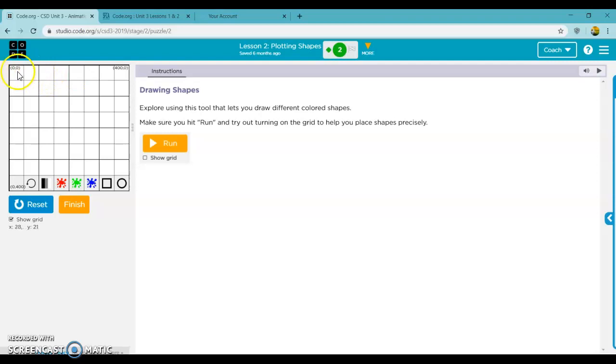Okay, so you can see here that if I start at the corner, that is 0, 0. All right, as I move to my right, you can see that my x value increases. So I'm at 208 and I go all the way to 400. Okay, same thing here. If I go down, my y-axis increases, and I see that down here